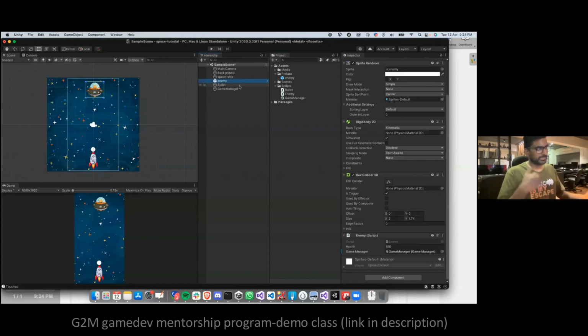a singleton. So in this case, we know for a fact there can be only one game manager. You don't need two game managers, but you just need one game manager. So the easiest way of doing that is